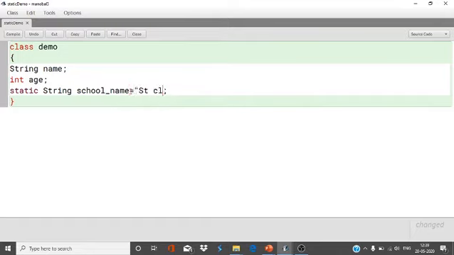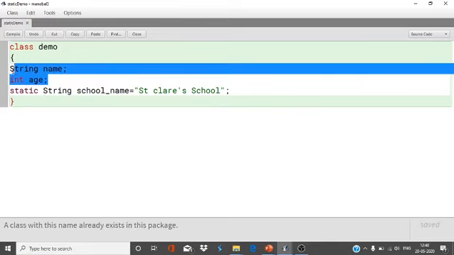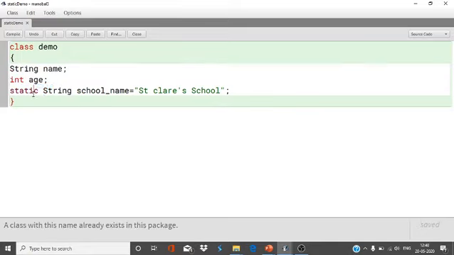I will write the name of the school like St. Clair's school. Now once I have stored the value, many students can be stored and can use this static variable. How?